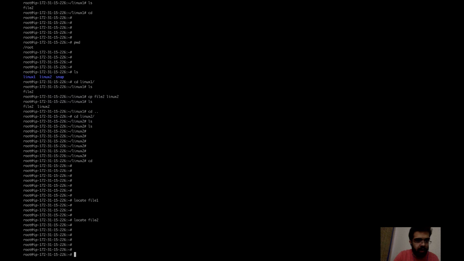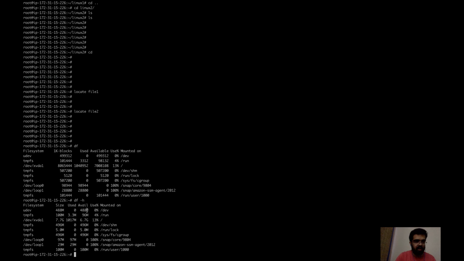After that, suppose you want to check how much storage is used or available on a particular server or system. For that purpose we use the df command. Through this we can check which file system, what disk is being used, what is available, and where it is mounted. If you want it in human readable form, you put the option -h. So I can check the sizes in MBs, 488 MB, and in GB, 6.0 GB. These are the partitions on which the file systems are mounted.